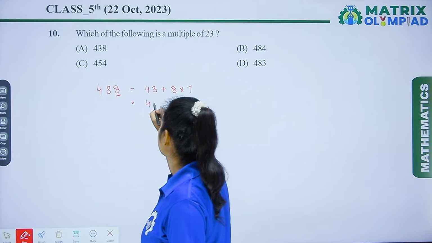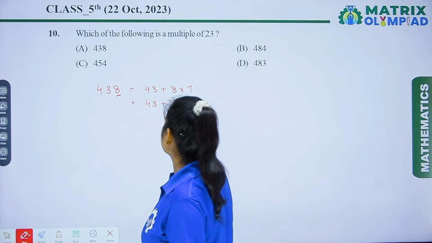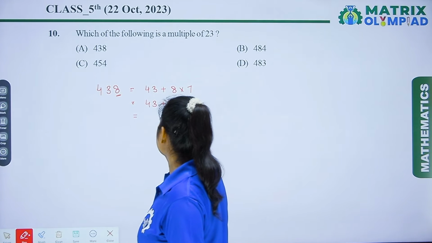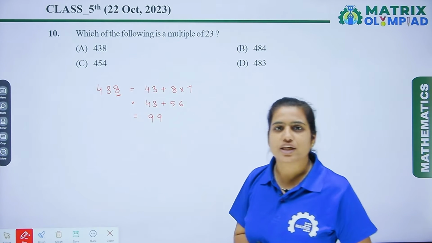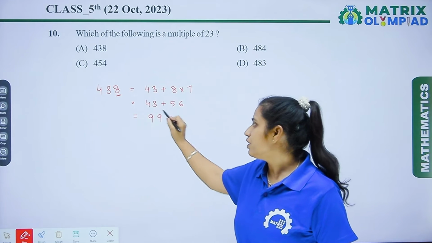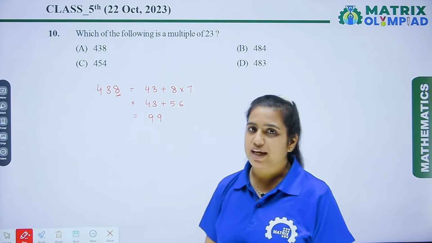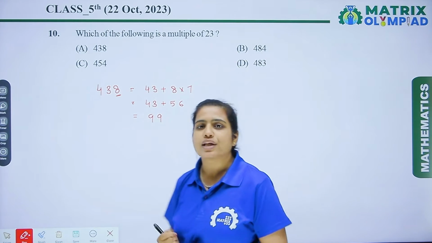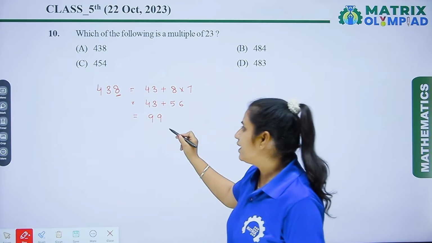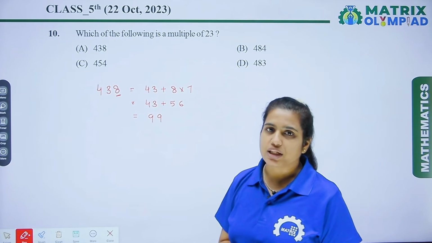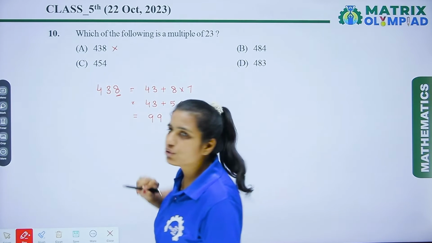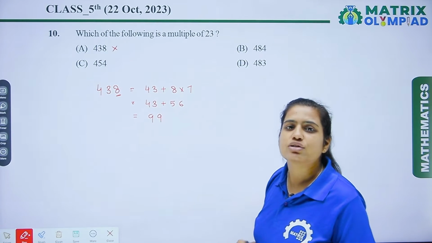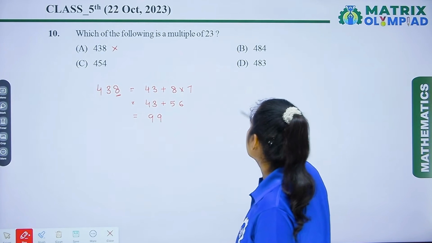So let's begin with the calculation. 43 plus 56, we get 99. Now we have to check whether the two-digit number which we get after adding is divisible by 23 or not. So 99 is not divisible by 23. So here 438 is also not divisible by 23, or we can say that it is not a multiple of 23. Now next is